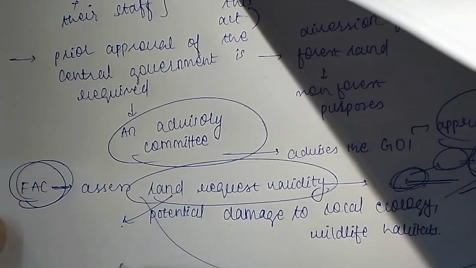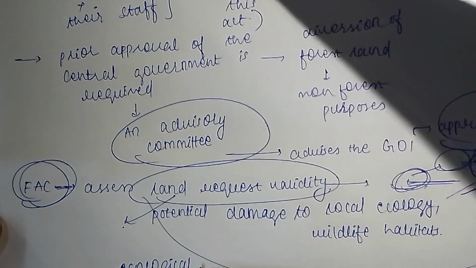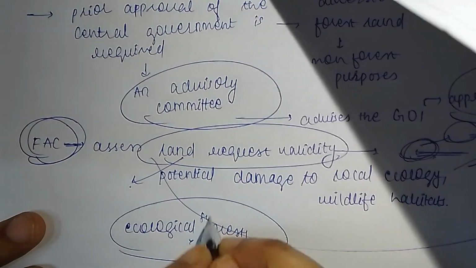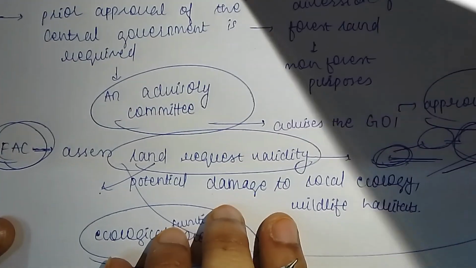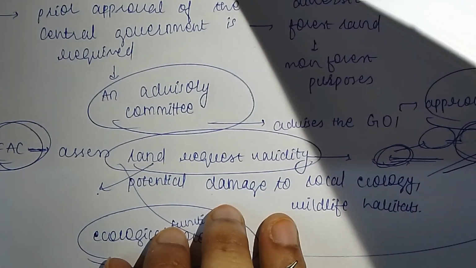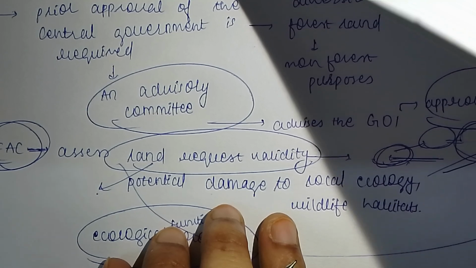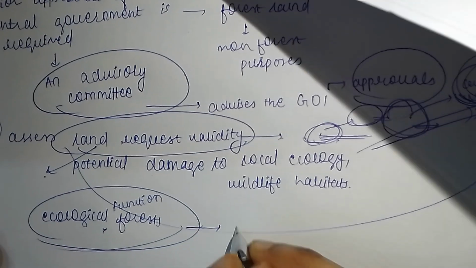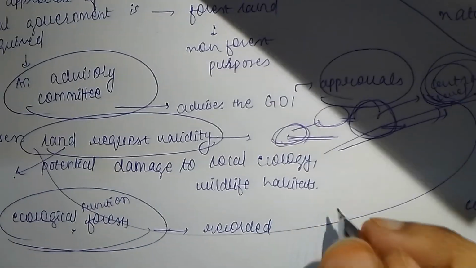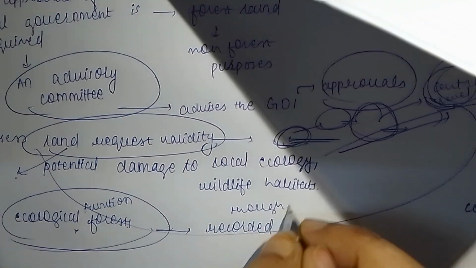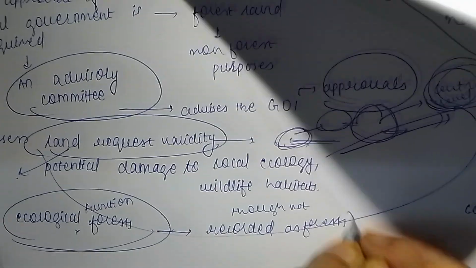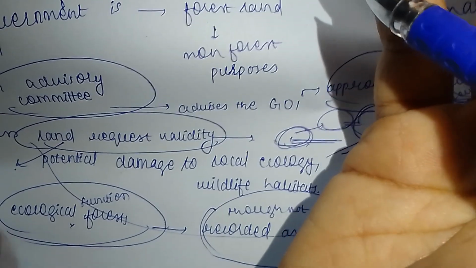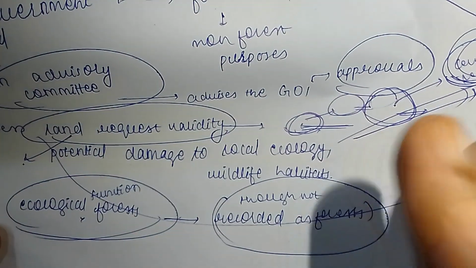so ecological function of forests is more important. You can write it under nature of land classification. What they mean is that it doesn't matter; if the forest is performing various ecological functions such as carbon sequestration, climate change mitigation, disaster risk management, or flood mitigation, all of these functions are being performed even if it is not recorded as forest in government official records, but still that is considered a forest if it is serving the ecological function. So that means such a forest land should not be